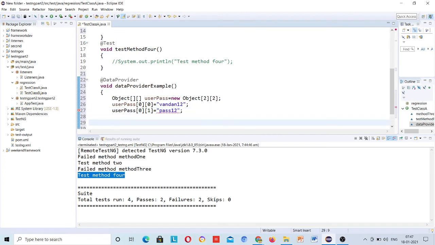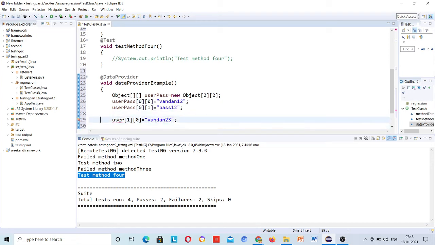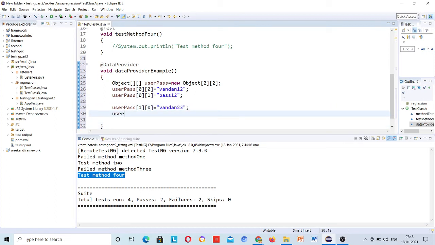And here the second set of data, user 1, in the first index there will be 2 values, Bandhan23 and pass23.